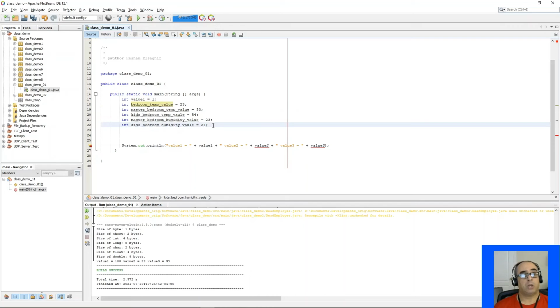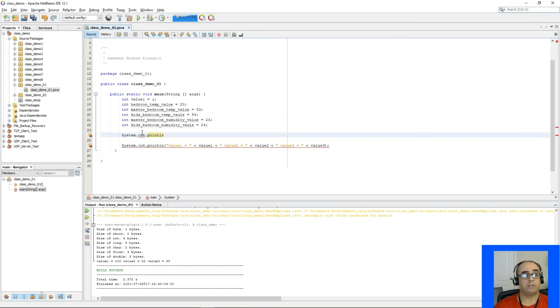Okay, so what if we wanted to do a printout for that? Would this work now? Obviously we have to do some work here to get them to work. So I'm gonna print line, and I'm gonna pass something to them. I'm gonna say, okay, bedroom. Let's get rid of that. We don't need the bedroom anymore because we had a better variable naming for the master